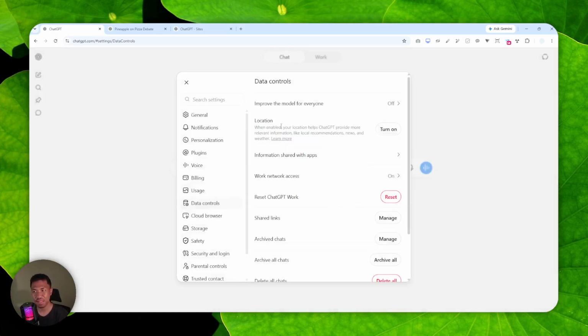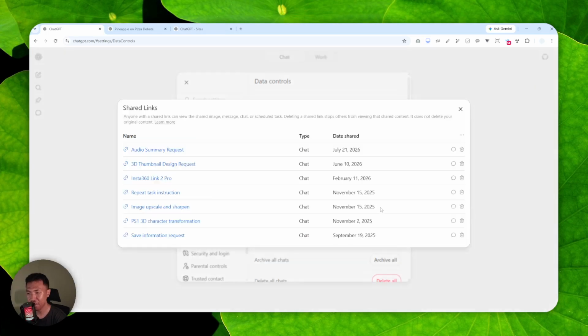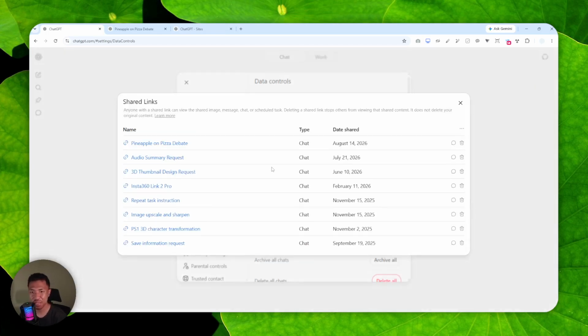Now, the next thing that you can do to control your privacy on ChatGPT is to manage the links that you have previously shared from ChatGPT. So just open shared links, click manage, and right here, as you can see, I have a few pieces of content that I have shared in the past, and this is the place to control all of them. So for example, here I have a chat called pineapple on pizza. This is actually the chat that I have shown you earlier, and I'm going to delete the public link for that chat. I'm going to click the delete icon,